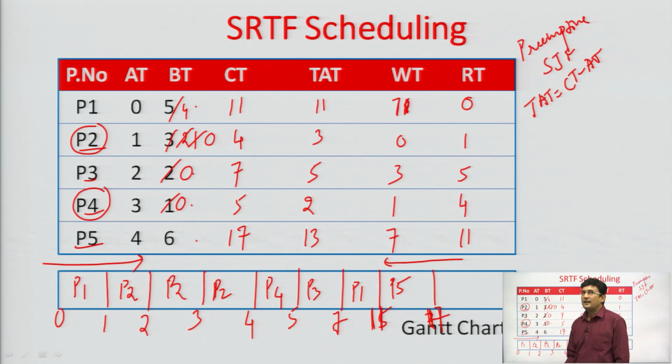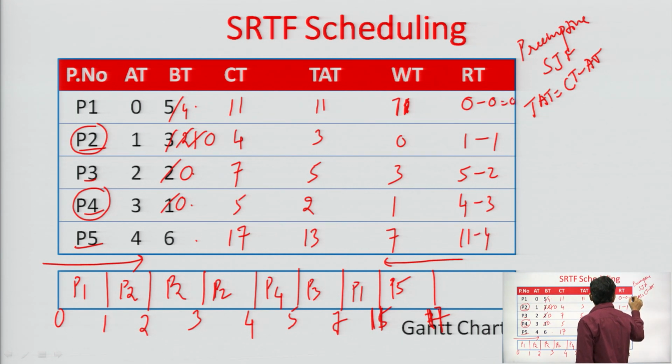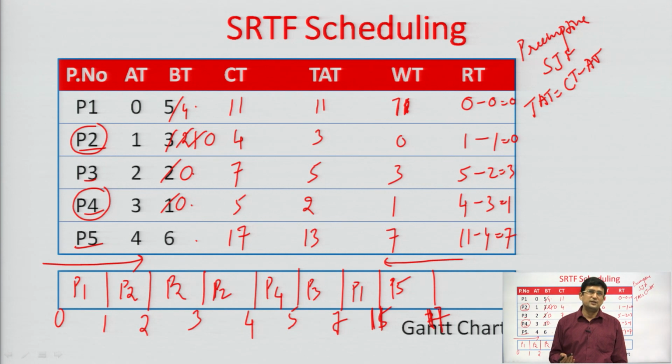Let us subtract the arrival times also from this figure, because this is the relative time. So, minus 0, minus 1, minus 2, minus 3 and minus 4. So, this is 0, 0, 3, 1 and 7. If we have to find out the average waiting time and the average turnaround time and the average response time,